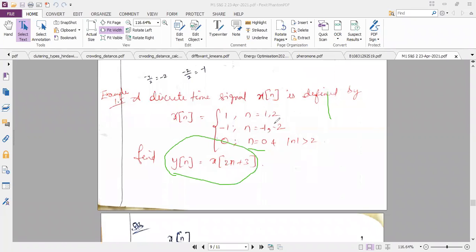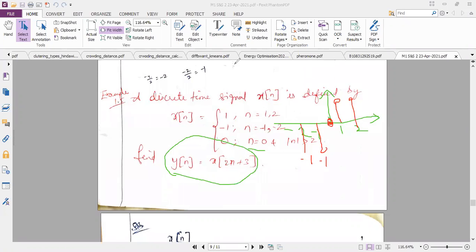Now I am drawing the diagram for x of n on the screen. I think everyone can see it is 1, 2. I have written the scale with n values minus 1, minus 2. Let me draw the samples. At 1 and 2, the amplitude is 1. At minus 1 and minus 2, the amplitude is minus 1. So this is very easy for you now. I hope everyone has completed. At n is equal to 0, you should represent the sample by just a bubble. There is no amplitude for that.